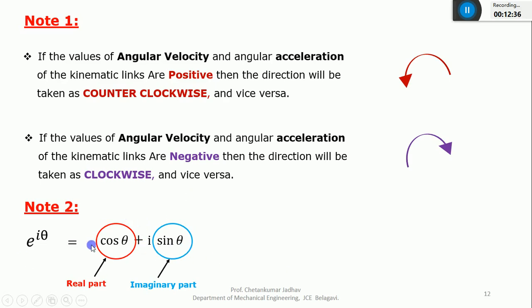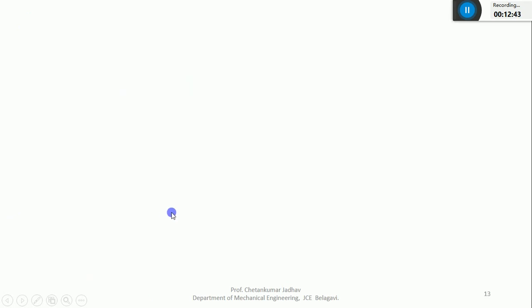So let me give some exercise on this conversion, finding the real part and imaginary part. Please take this R2 e raised to I theta. Please simplify this and let me know what is the real part and the imaginary part of this equation. Just simplify this. Already you know e raised to I theta is cos theta plus I sin theta. Just write down and let me know which is the real part and which is the imaginary part. Please take 30 seconds and let me know.